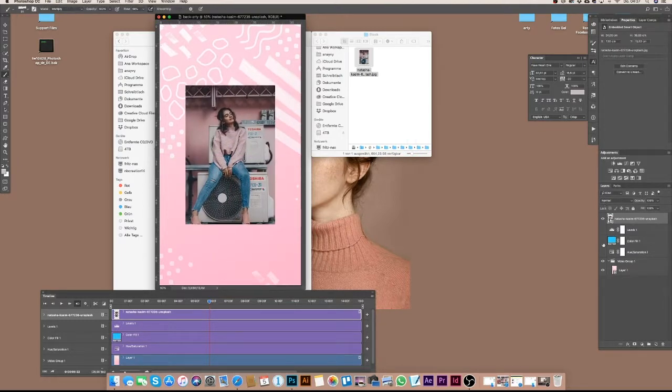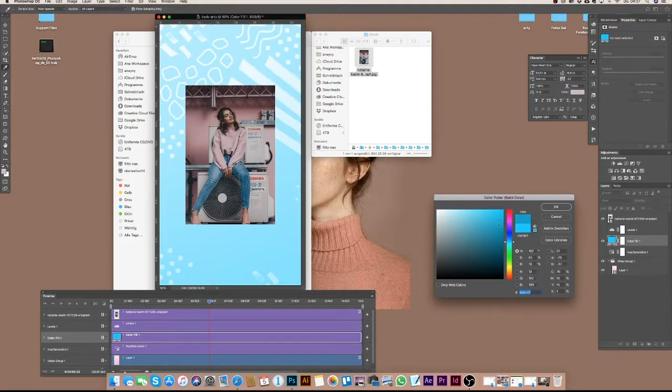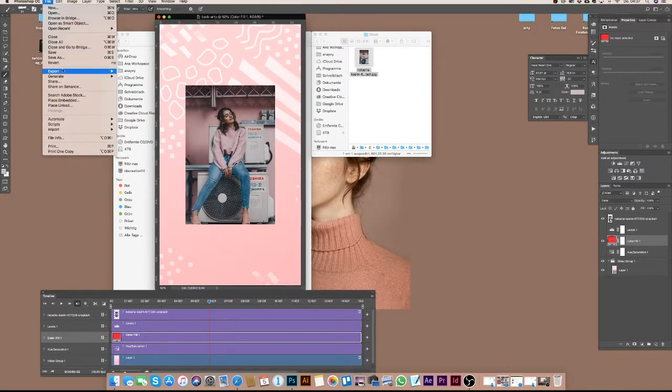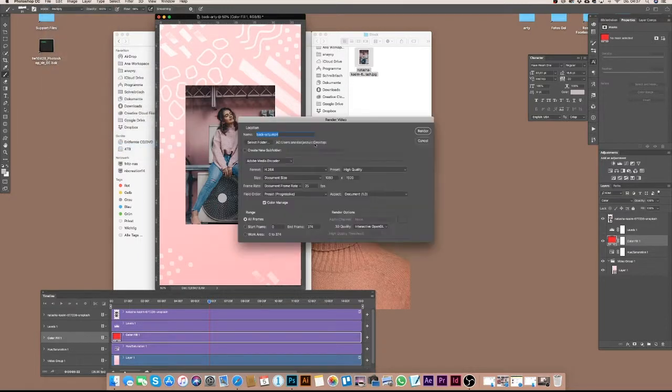When you found the color you want to choose, maybe put like this, just go over here to File, Export, and then to Render Video and select the folder. I will put it on the desktop because I want to find it quickly. So render it. It will take a bit because it's a larger file than an image, and then we go